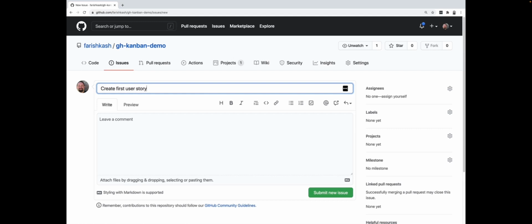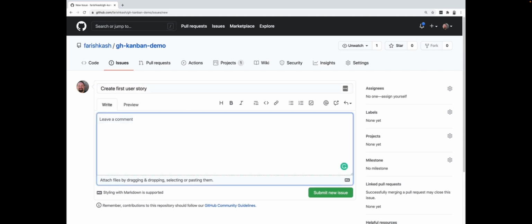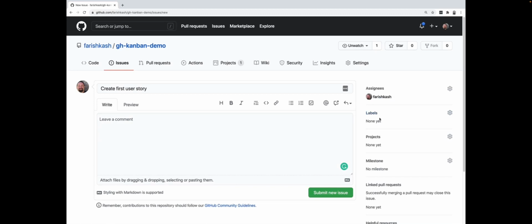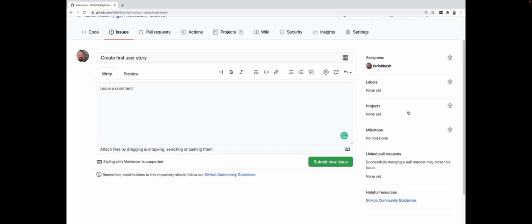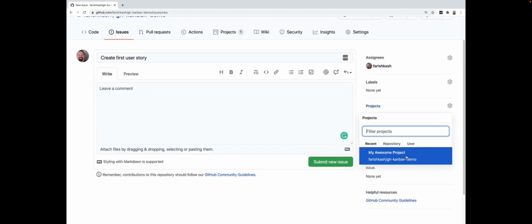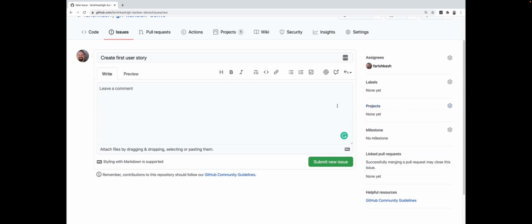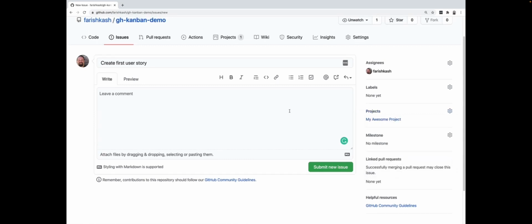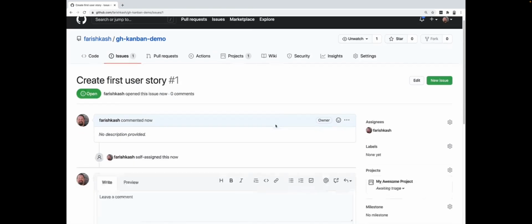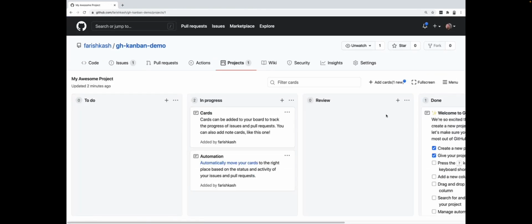Now, on the right side, I'm going to assign this issue to the team member that's going to work on this task, which in this case, I'm assigning to myself. And right below that is projects. And I'm going to click on that and assign this to my awesome project. Now I will click on Submit New Issue, and I will go back to the project board to add this